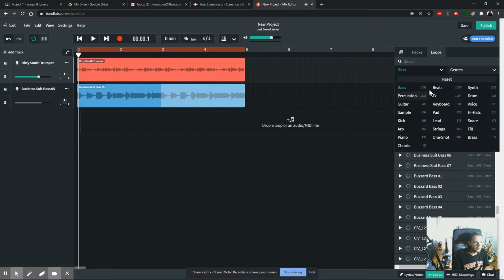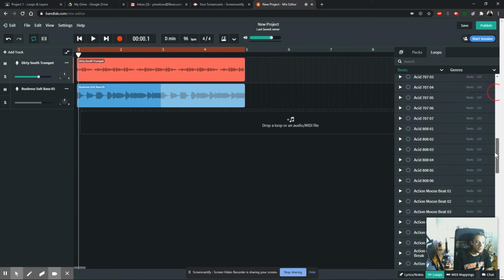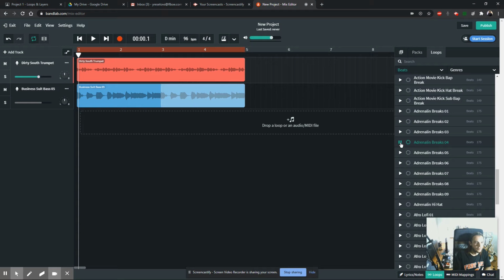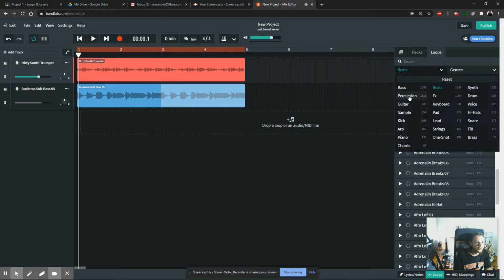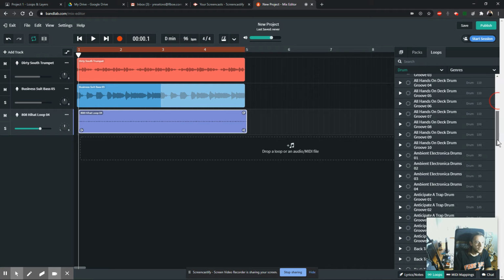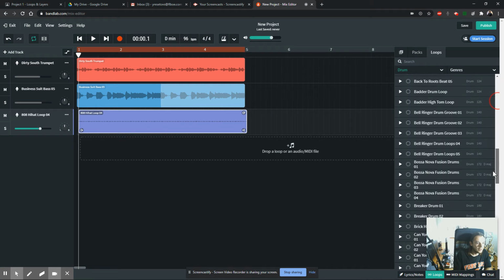So let's see if we can find some beats, which are kind of full beats. I actually don't want you to use a lot of this. You can see there's multiple instruments, multiple sounds. What I really want you to do is go into, for example, a drum loop, and you have a hi-hat loop. It's very simple, but you can take the hi-hat loop and then you can put in